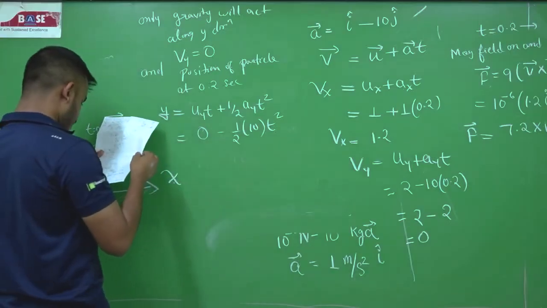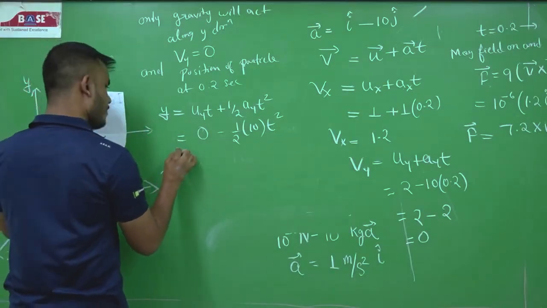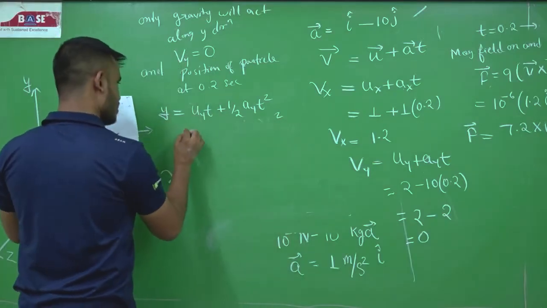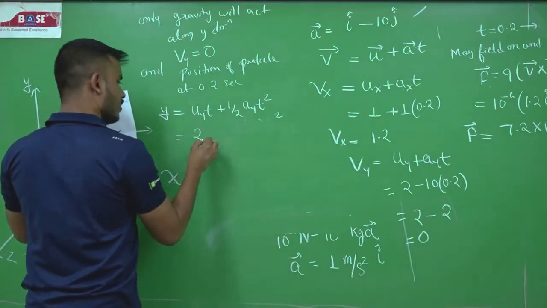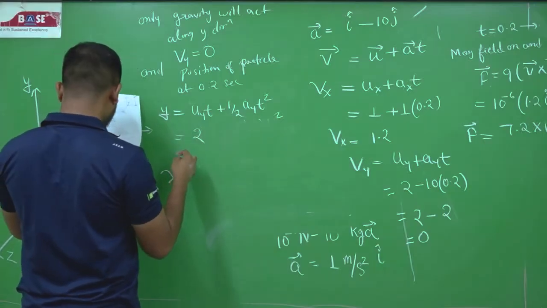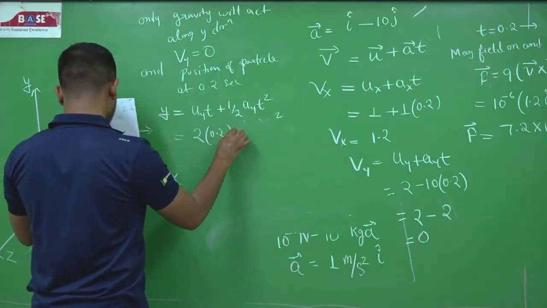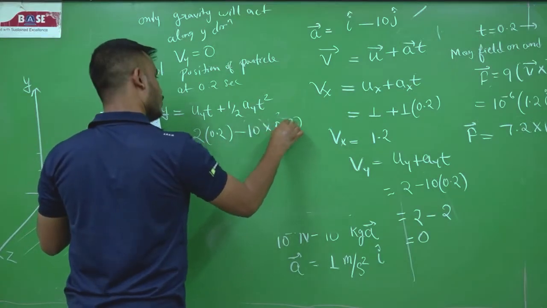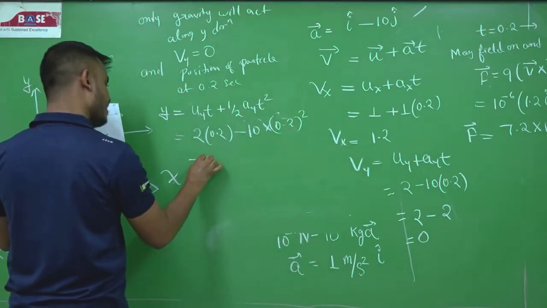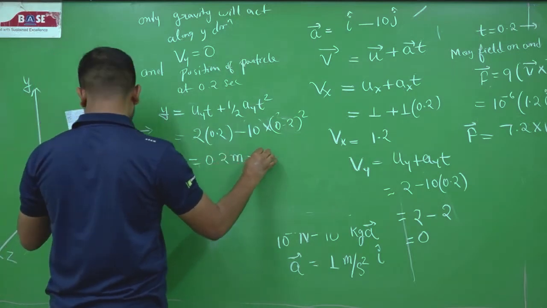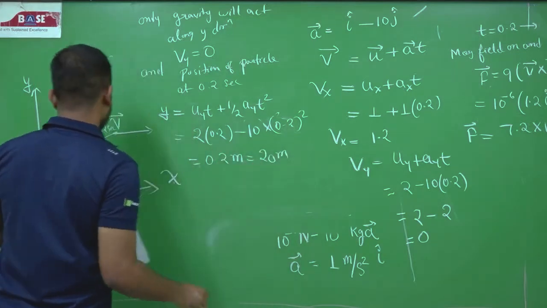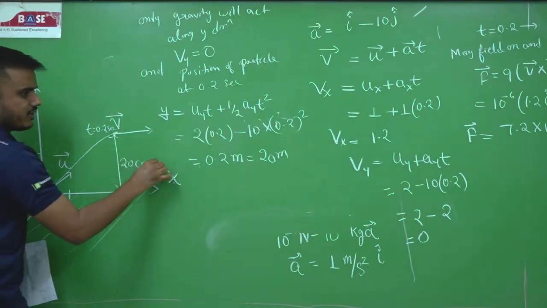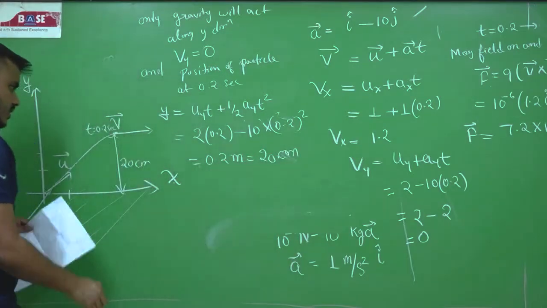Actually, the initial velocity was along the y direction, 2 j cap, so 2 into 0.2 minus half into 10, the gravitational acceleration, into 0.2 square. So from here we'll get 0.2 meter, that is equal to 20 centimeter. So the particle reaches here along the y direction, 20 centimeter. This is in centimeter. Okay, now